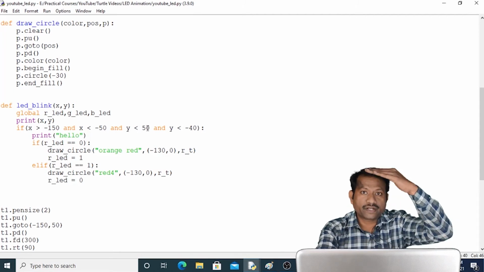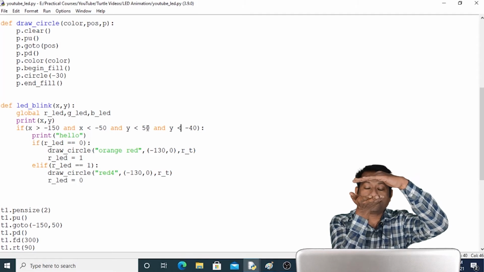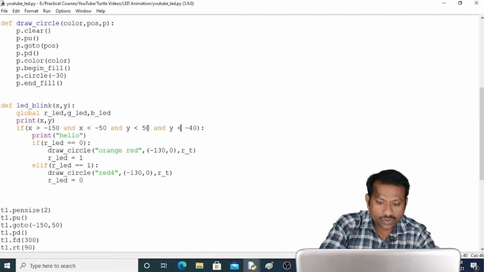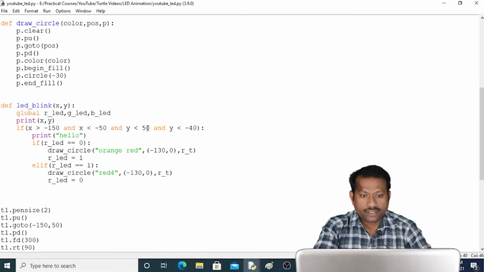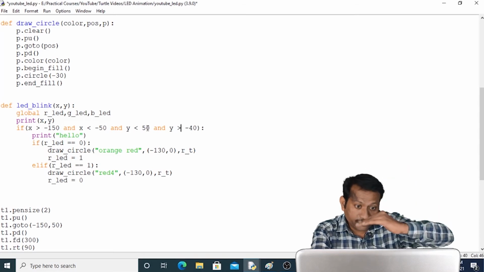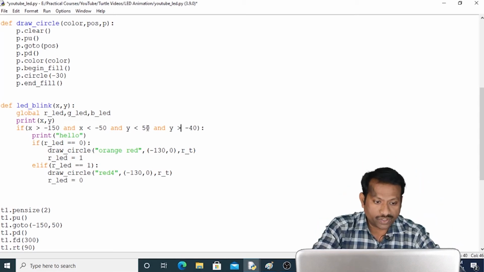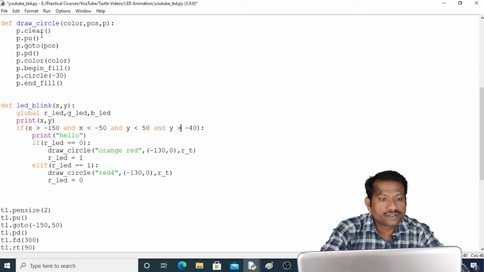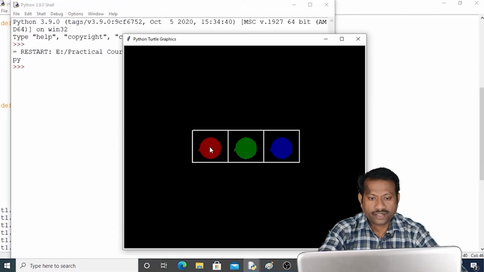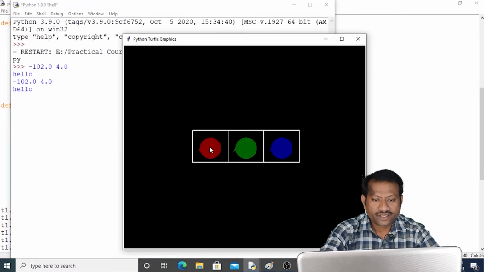It should be greater than minus 40, meaning it should be in that particular rectangle range. So we have to make it less than 50 and greater than minus 40. Okay, let me run this code, and yes, we have achieved it.